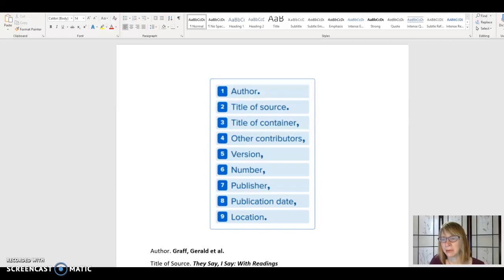Hi everyone. I wanted to talk about setting up a works cited page and a little bit about the format for an annotated bibliography. To start, let's look at this image of the elements that can be included in your works cited page. This is a list of the order the elements go in, and as you gather these elements,